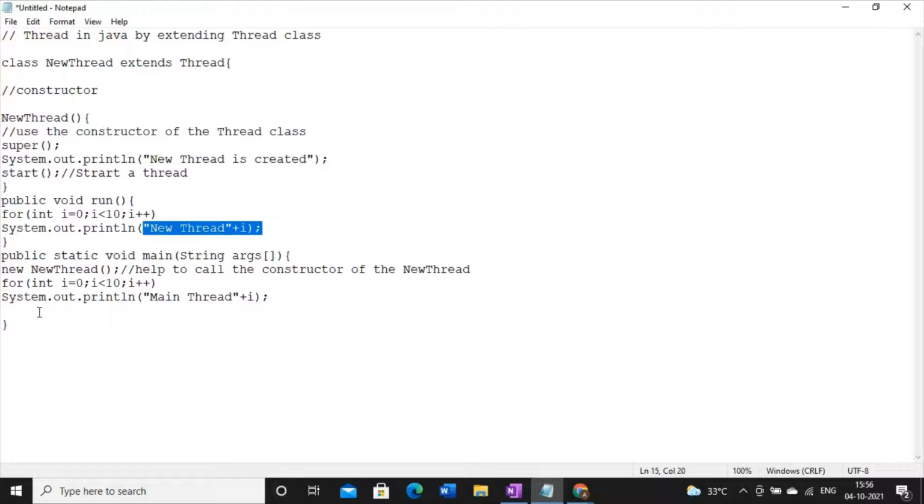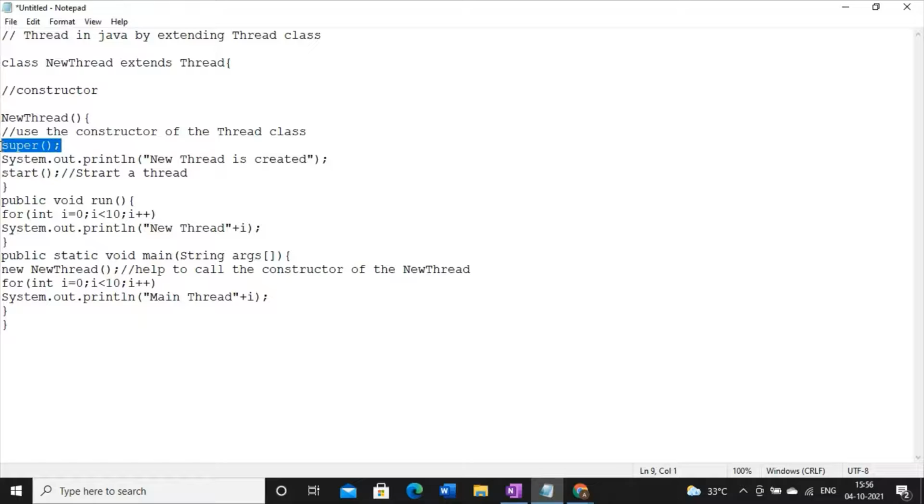Now this is the basic thread creation process in Java, right? So what are the steps? First, you have to create one subclass with any name, but the superclass name should be fixed, this is the name of the superclass. Then you have to create one constructor of the subclass, and within the constructor you have two tasks.